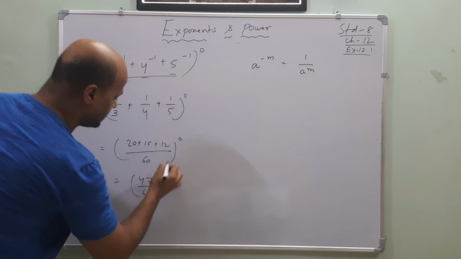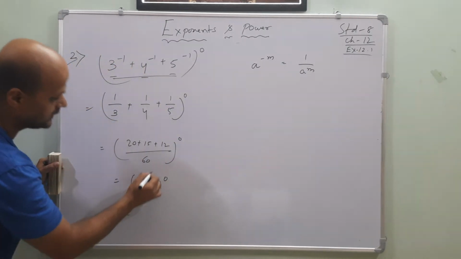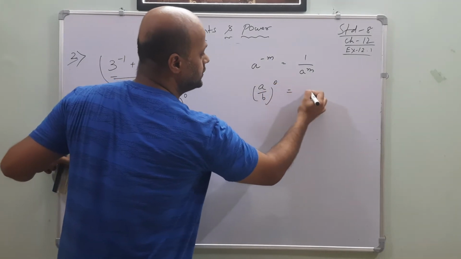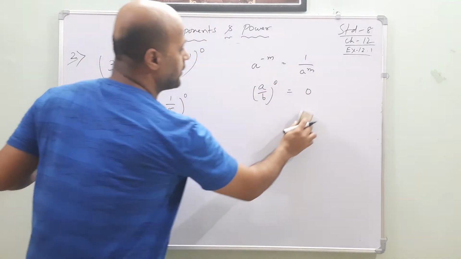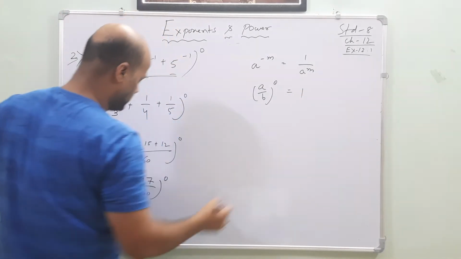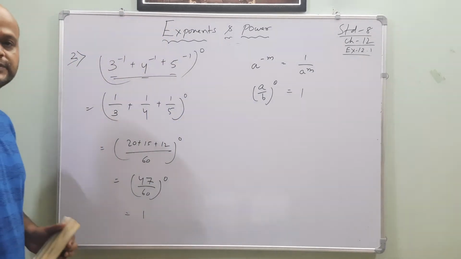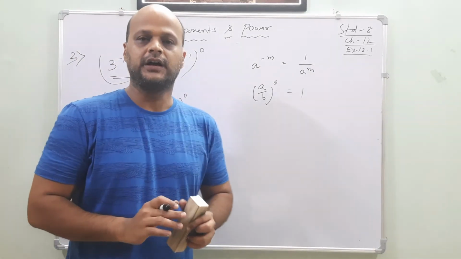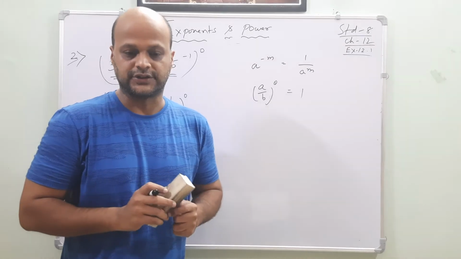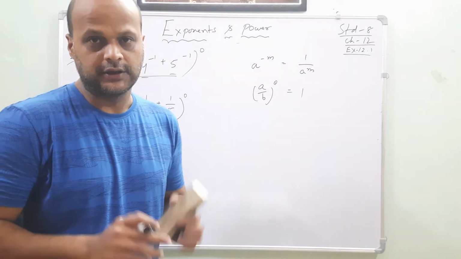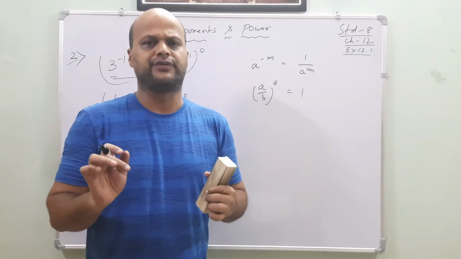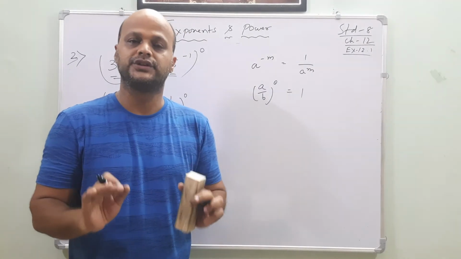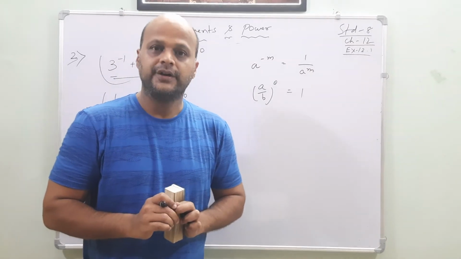Whole power of 0. Now it has come once again. Anything power of 0 is equal to 1. So, the answer is 1. In this manner you have to find it, or you can directly do it also. Understood? So this is the third question. Shall we go for the fourth one? Yes. We will do it one by one, my dear friends, but you have to solve it in a very clear manner by using the rules. Understood? Yes, very good.